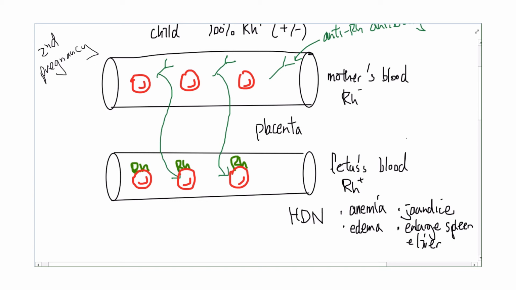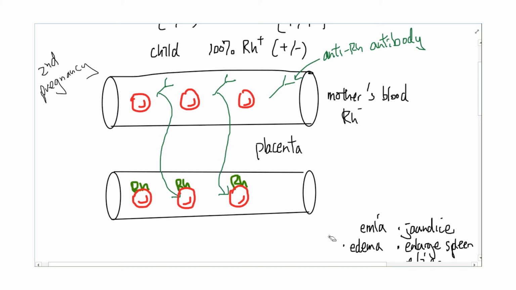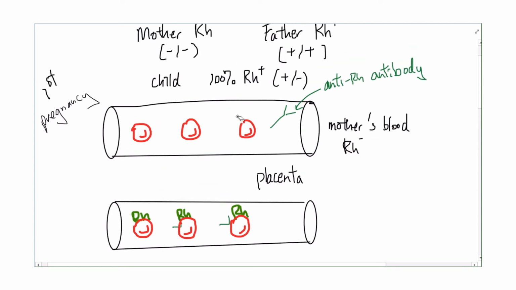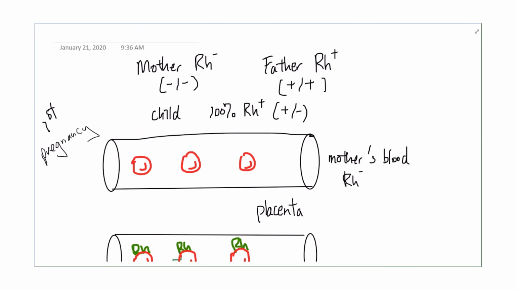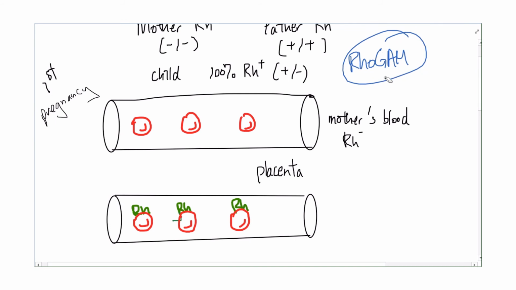So what can be done? What can be done to prevent this from happening? So let's go back to the first pregnancy. In the first pregnancy, again, the antibodies are not there yet because the mother has not been sensitized, right? So what you can do is the mother can receive something called a RhoGAM shot. Okay, RhoGAM. So RhoGAM is an artificial anti-Rh antibody. So you will give the RhoGAM to the mother